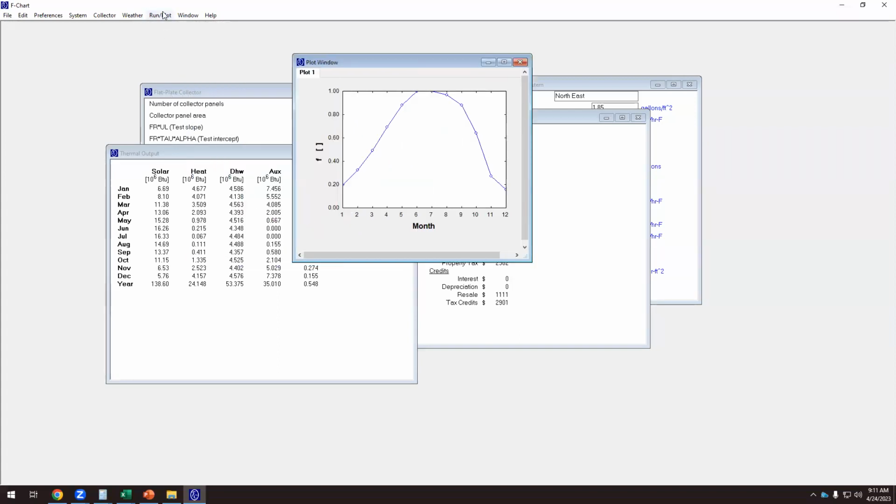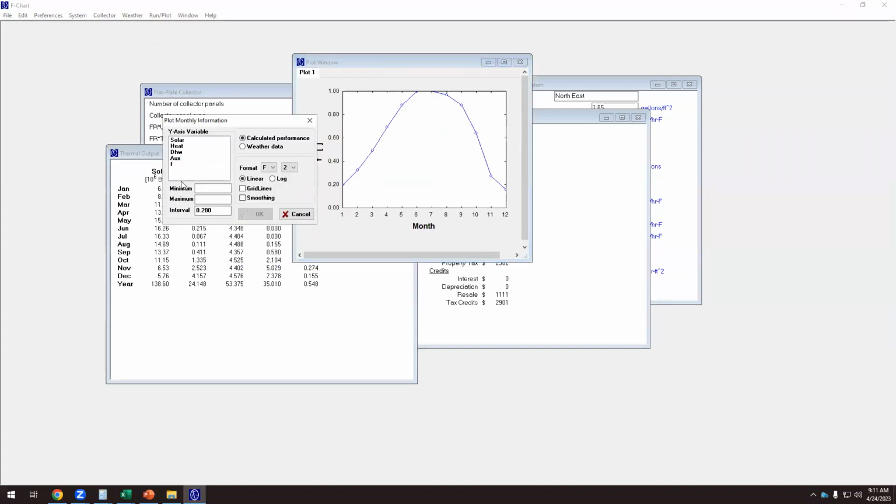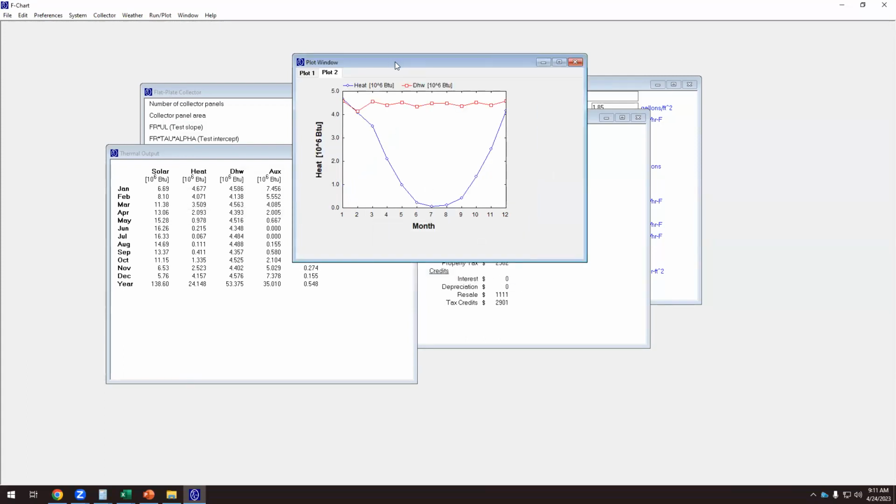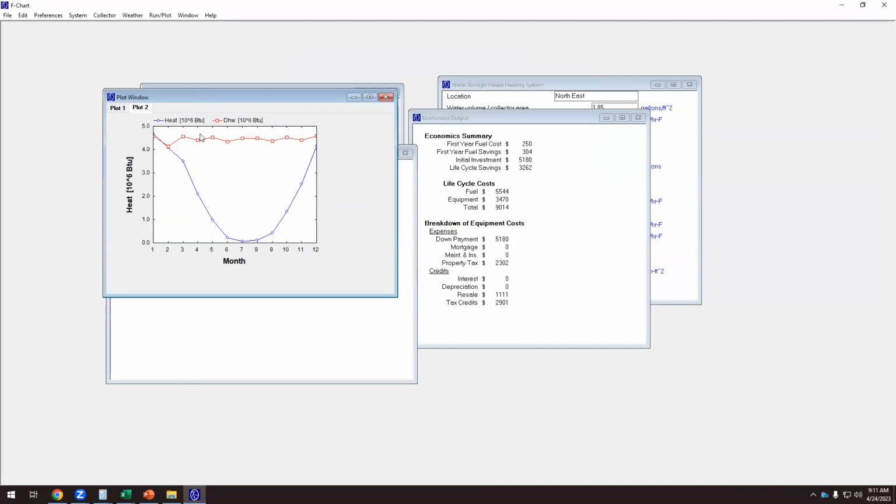So that's the first plot. We can plot the heat in domestic hot water. Let's see what happens here. Okay, so that's the heat and that's the domestic hot water. That's interesting because this is the demand. This is the domestic hot water demand, which is the same throughout the year because if we wash our dishes, if we wash our hands, if we have showered,